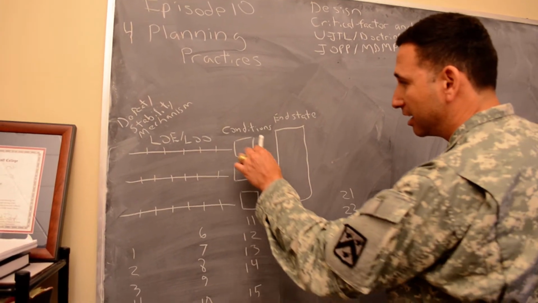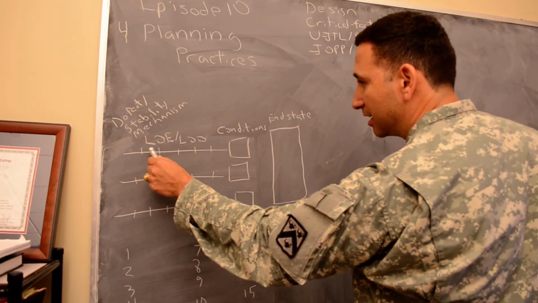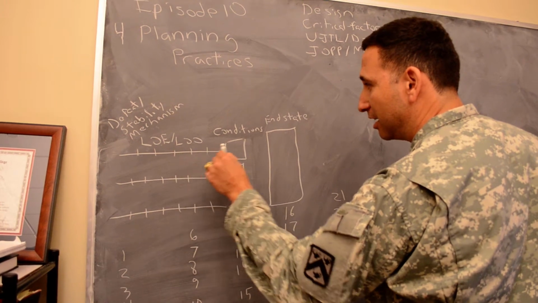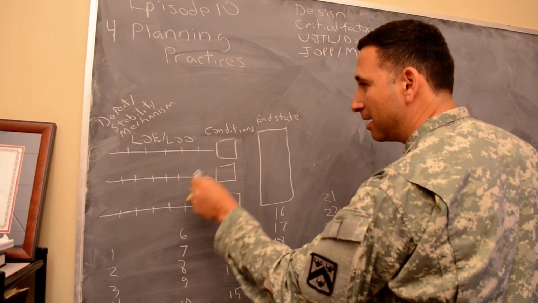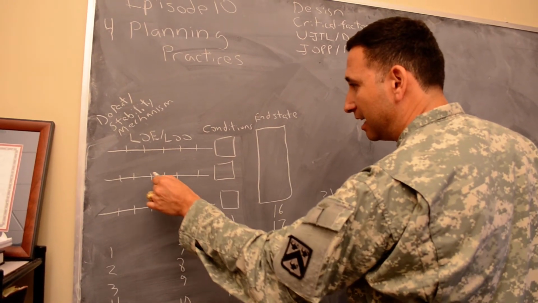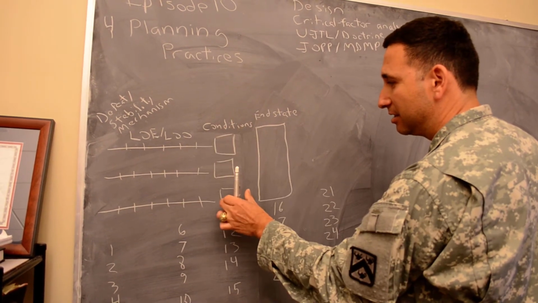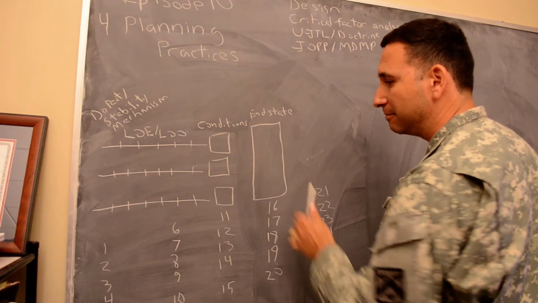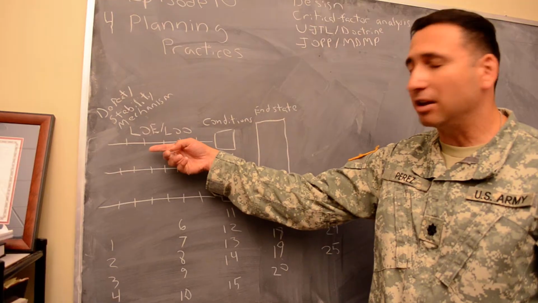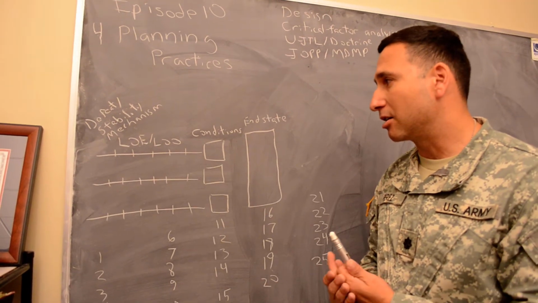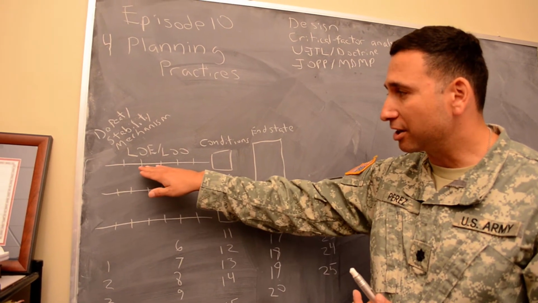This will often include conditions such that each line of effort or line of operation, once the objectives along them are achieved, certain conditions on the ground which are desirable. We add up all our conditions for each of the lines of effort or operation, and we get our end state. So all the conditions add up together equal an end state. And then arrayed along each of these lines of operation, we'll find at the joint level objectives. Some of our coalition partners and some persons within the U.S. Army will call this, or in the joint community will call this